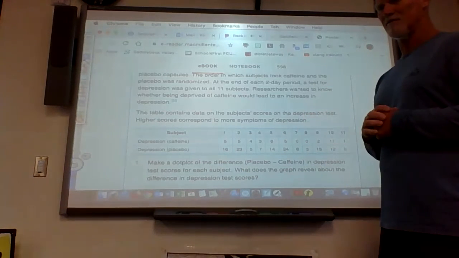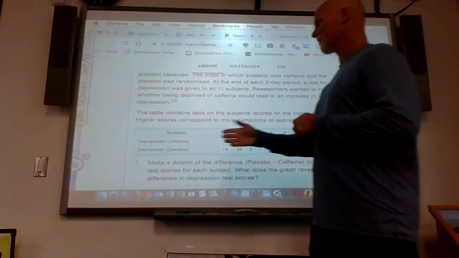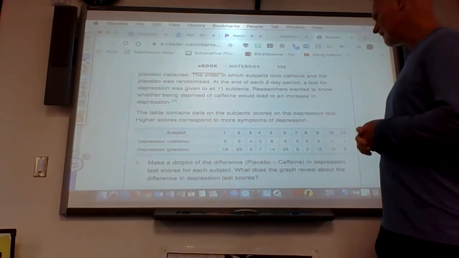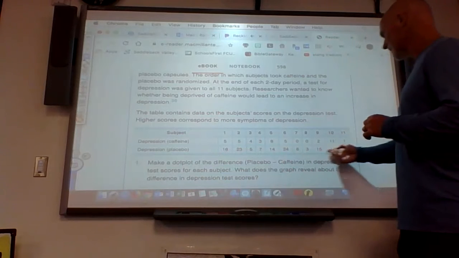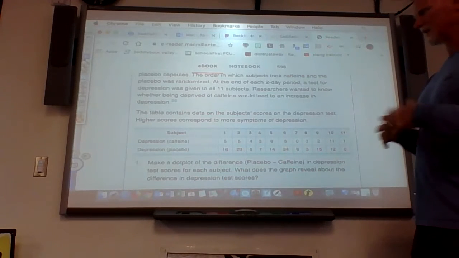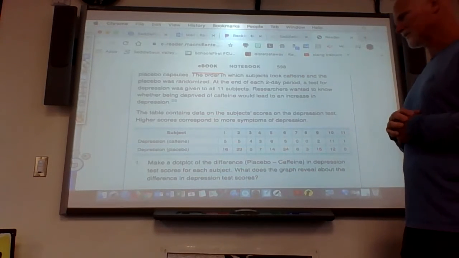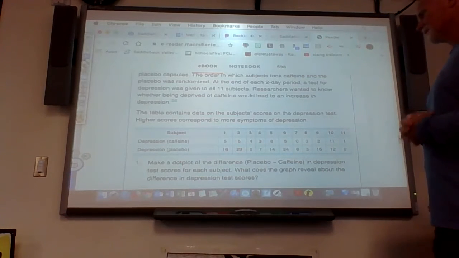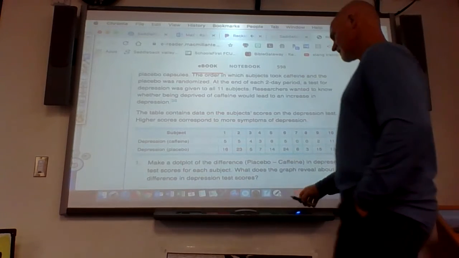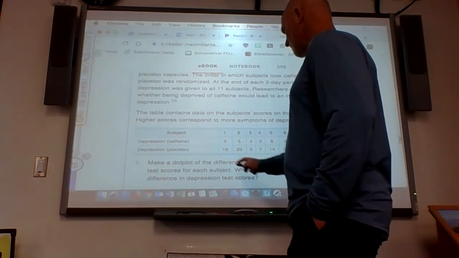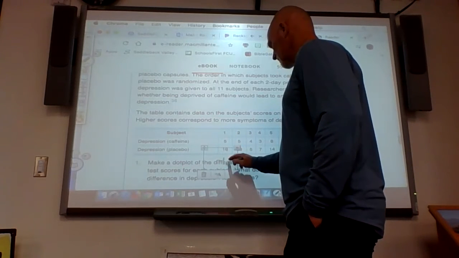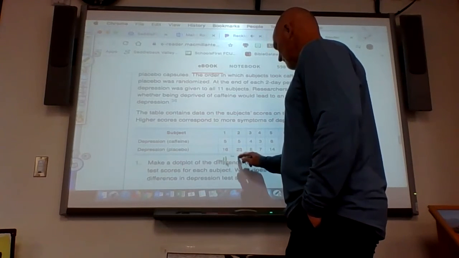did not have caffeine for 2 days, but then they were given a pill, but it was a placebo. It didn't have any caffeine. And here were their symptoms of depression, rated in some numeric value. So it says, make a dot plot of the differences. Well, the difference is, if I write them here, this would be -11, this, -18,